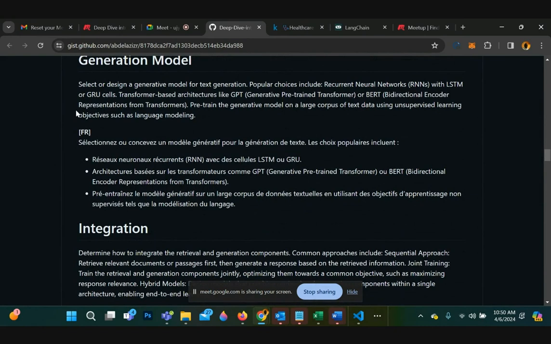So you also have to think about how to select a good generation model for the use case, or even if you have to design one from scratch, then you have to employ all the ML techniques and use neural networks to build one from scratch. Then the model, of course, needs to be trained on the hospital's data.